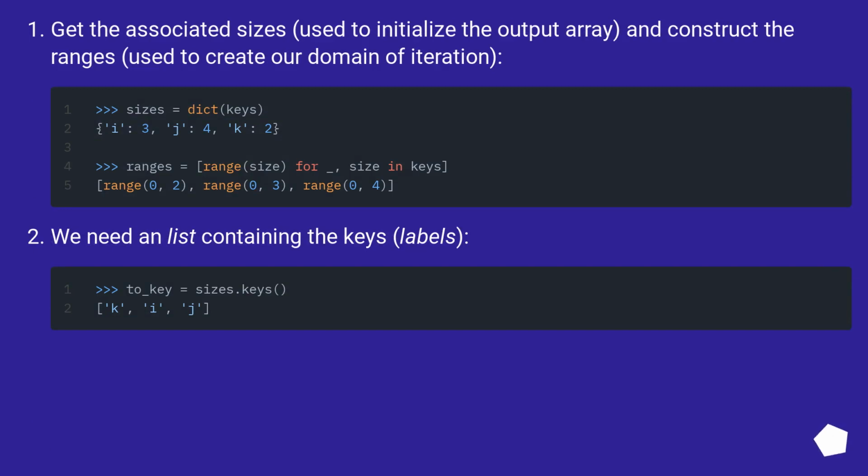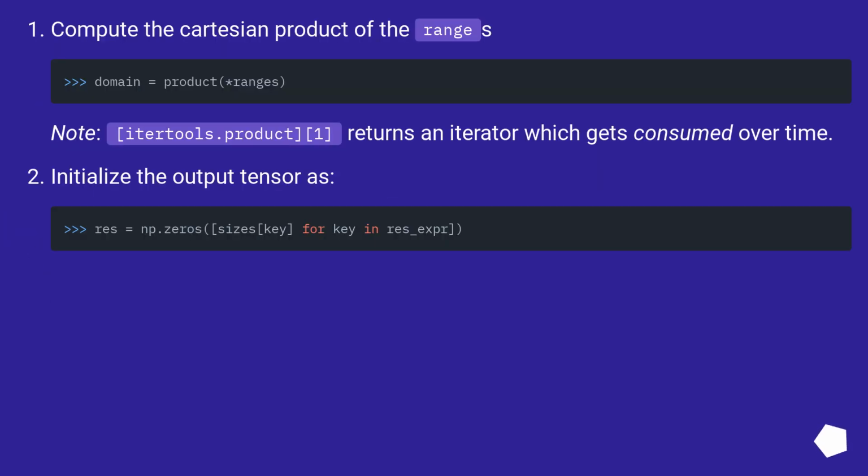Get the associated sizes, used to initialize the output array, and construct the ranges, used to create our domain of iteration. We need a list containing the keys, labels. Compute the Cartesian product of the ranges. Note, itertools.product returns an iterator which gets consumed over time. Initialize the output tensor as